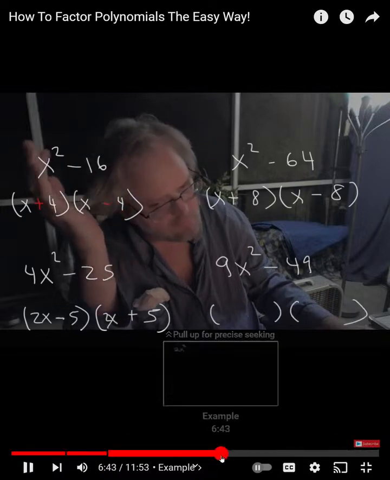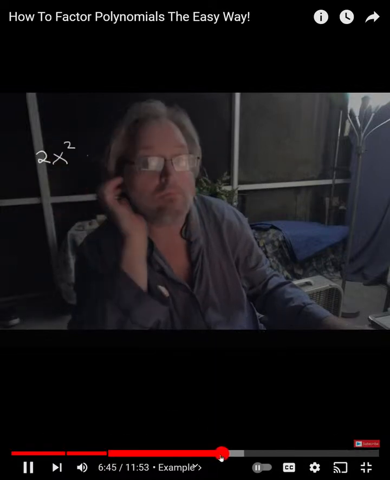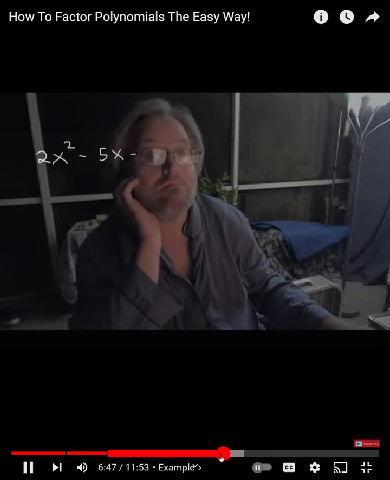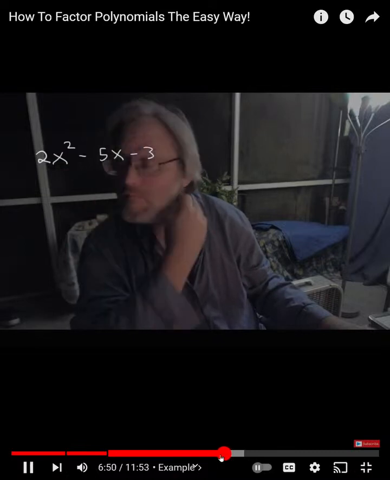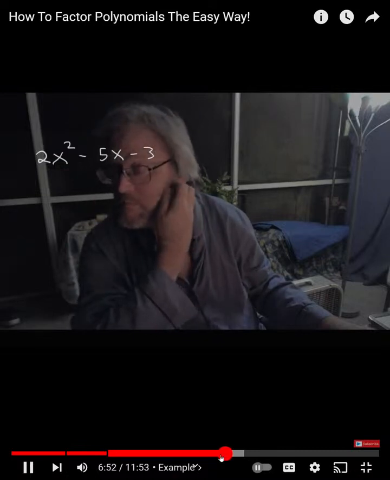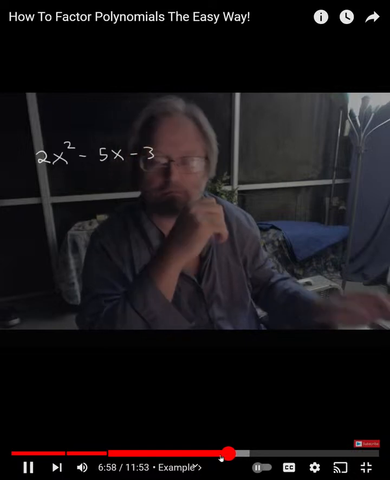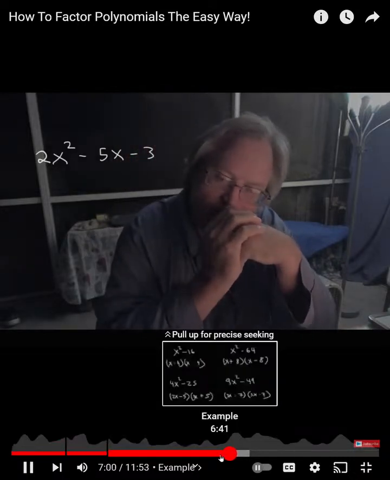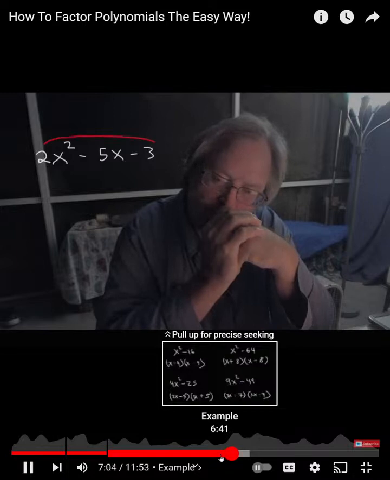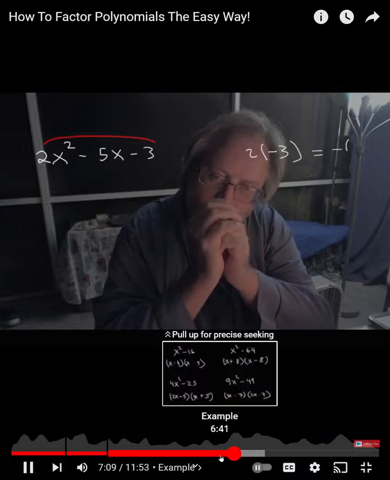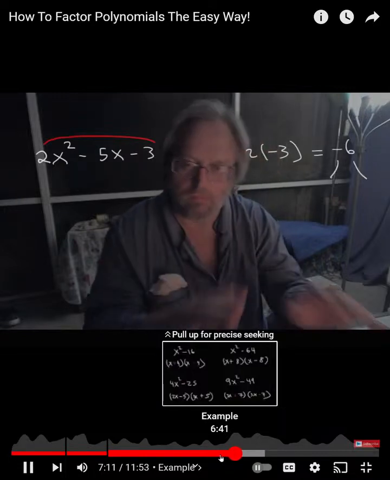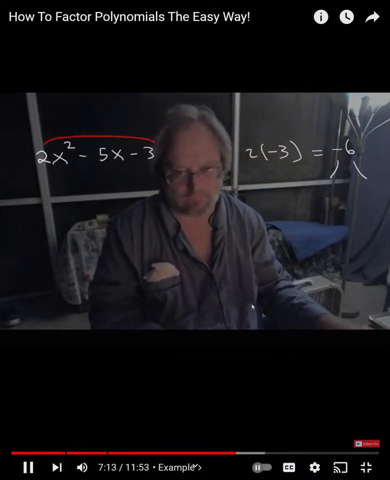For the last one, this is a problem that looks like this: 2x squared minus 5x minus 3. What would you do to factor it? Now notice that there's no GCF that we could take out. 2, 5, and 3 have no common number that we can divide to get rid of the 2 in the front. So in this situation, what we need to do is multiply the leading coefficient by the constant term. 2 times negative 3 is negative 6. Next, find two numbers that multiply to negative 6 but add to